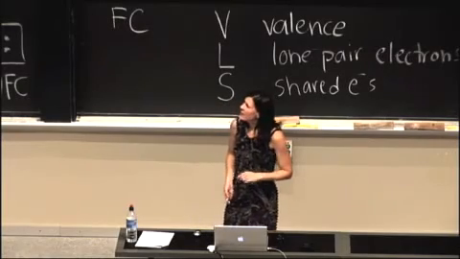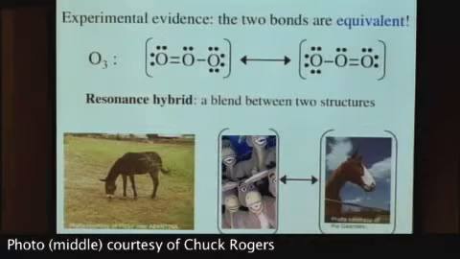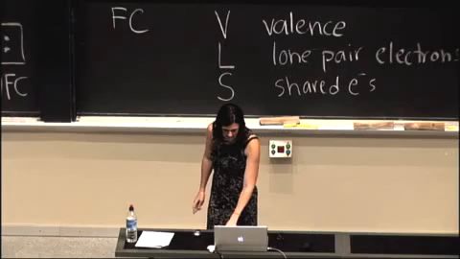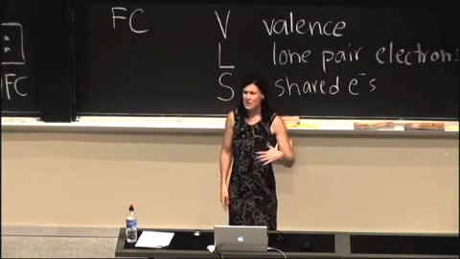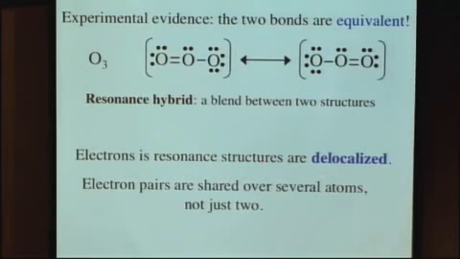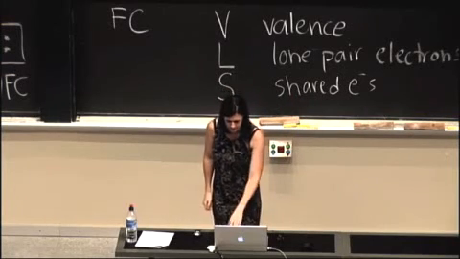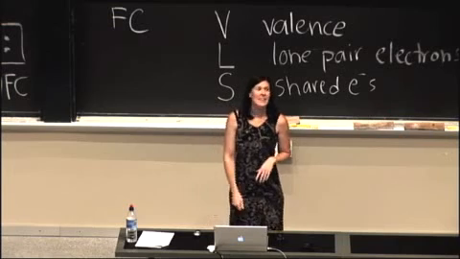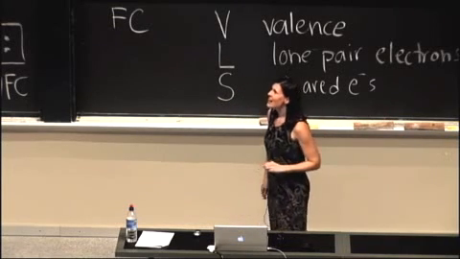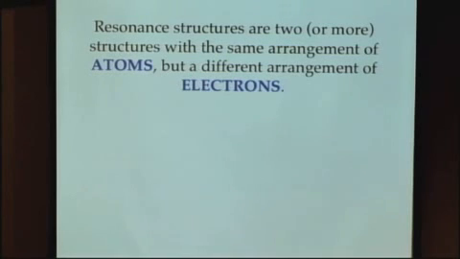If we want to put that in chemical terms, we would make sure we put these in brackets here. And remember, this is the resonance arrow. It's not a reaction arrow, it's a resonance arrow. So make sure you mark it up correctly. When we talk about resonance structures, the key word is that the electrons are delocalized. They're not just between two atoms here. For example, in our structure with ozone, it's between all three atoms. And the final point I want to make today, and this is very, very important, so make sure you understand this: when we talk about resonance structures, we're talking about cases that have the same arrangement of atoms. The key is the atoms are the same, and the thing that is